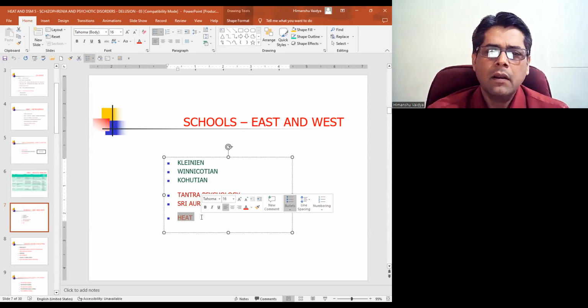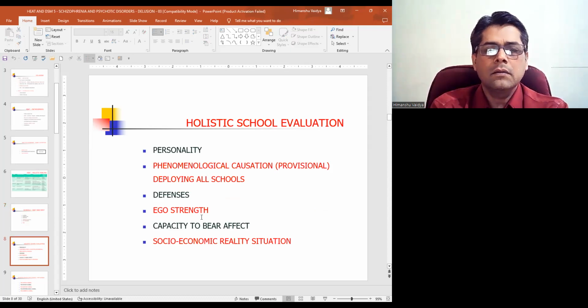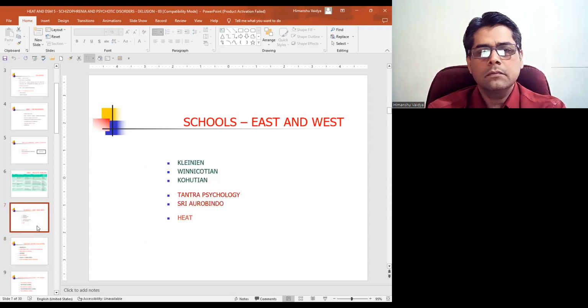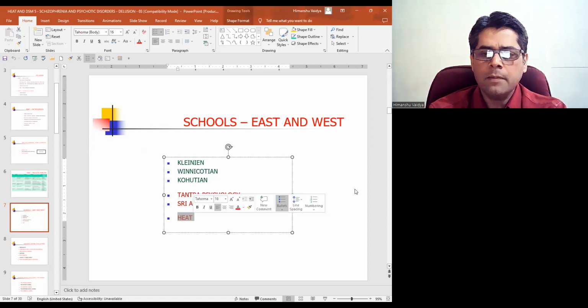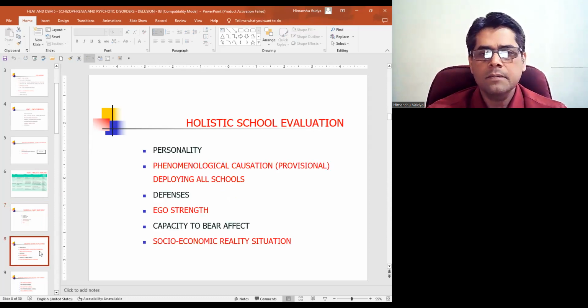Then try to correlate the part of the unconscious that we are referring to, which chakra is it related to. From a heat standpoint, we also go into the elementals. Which elementals can be at work? Subsequently, we'll take up the study of elementals very soon, in a few moments.